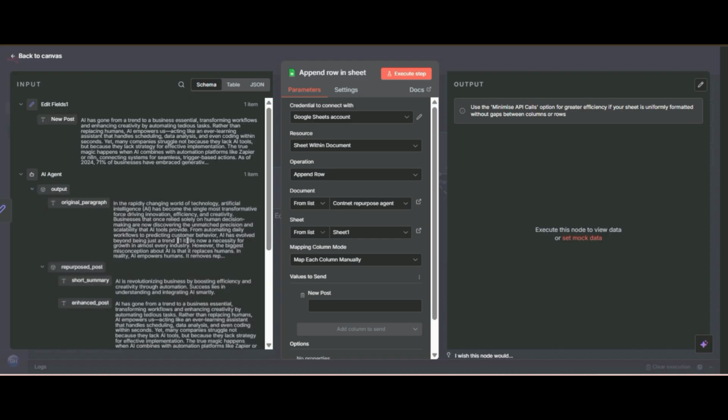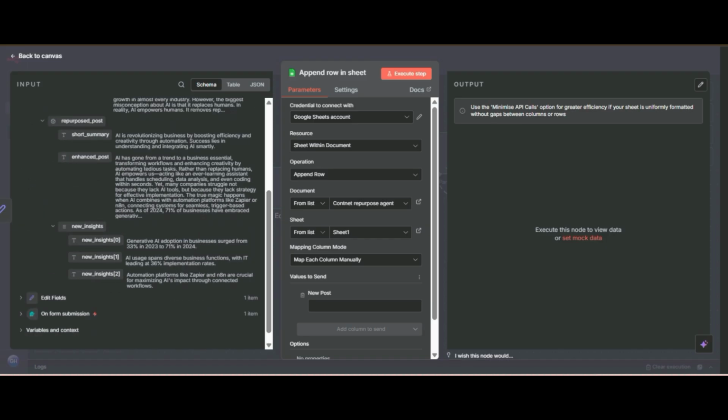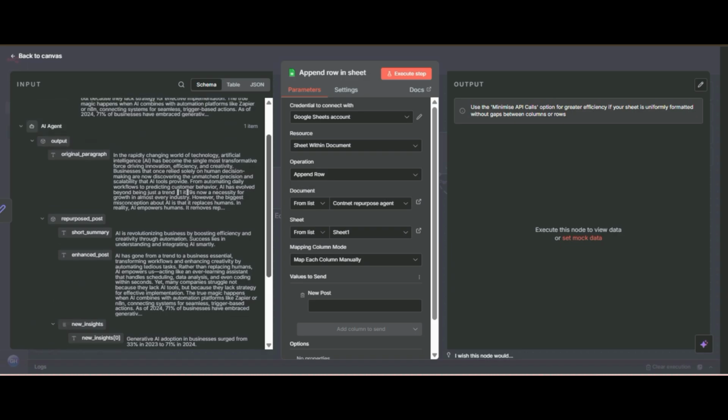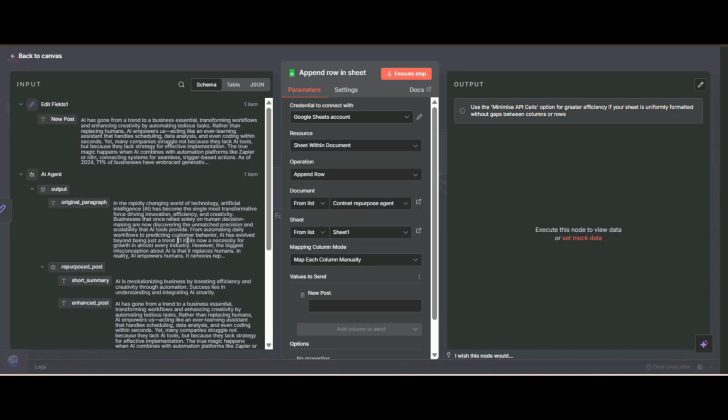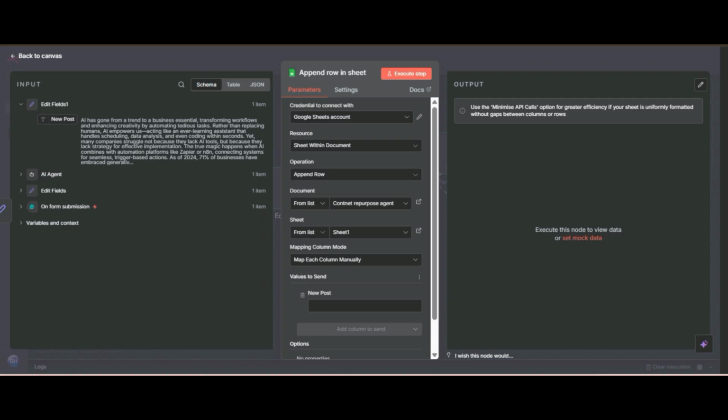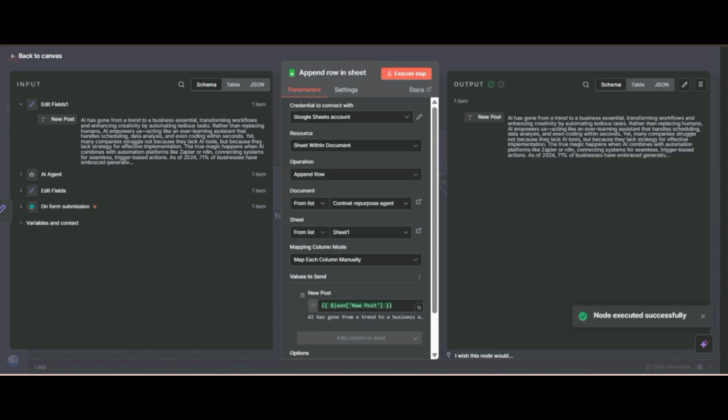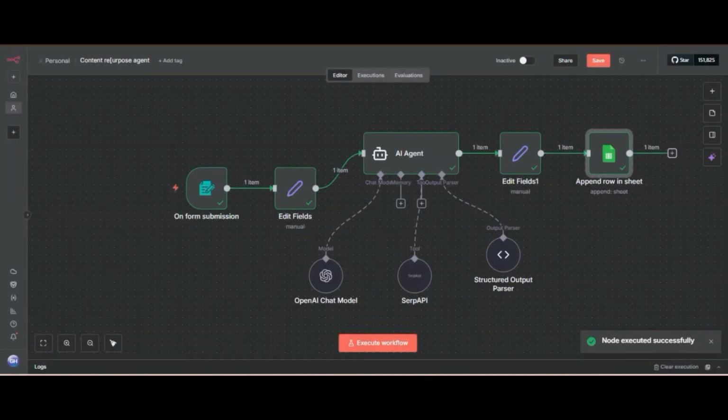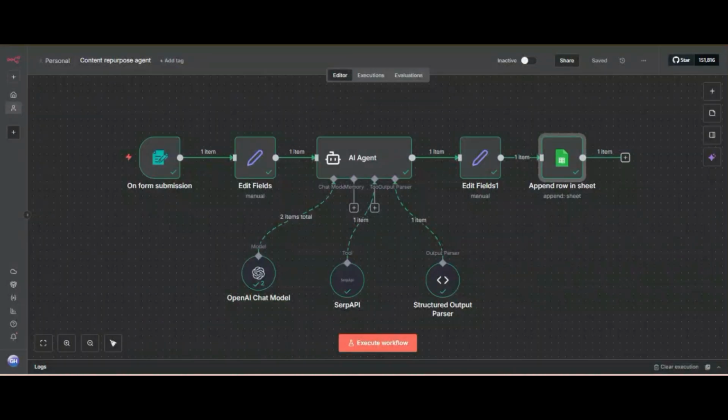Earlier there were five data and you had to look for the enhanced post, but here there is only one, fresh and easy to see, clean data, not messy. So I will do this and I will execute. Now we have successfully sent our data to Google Sheets.